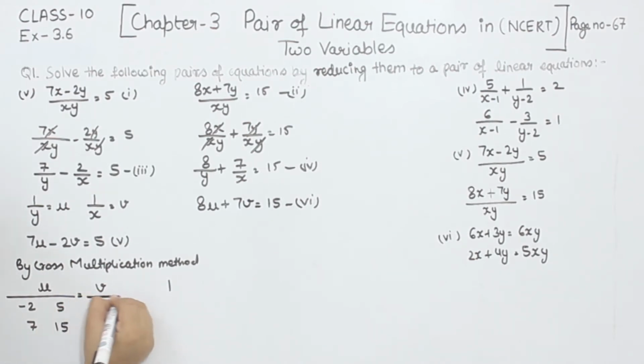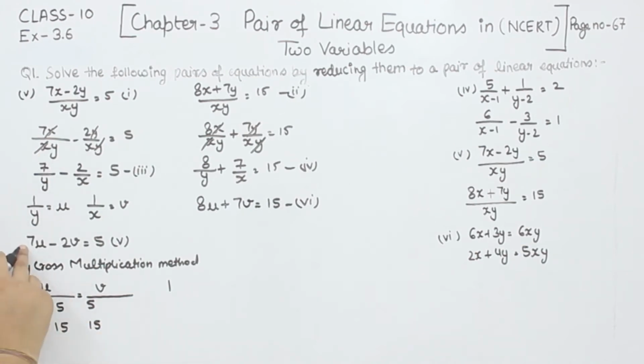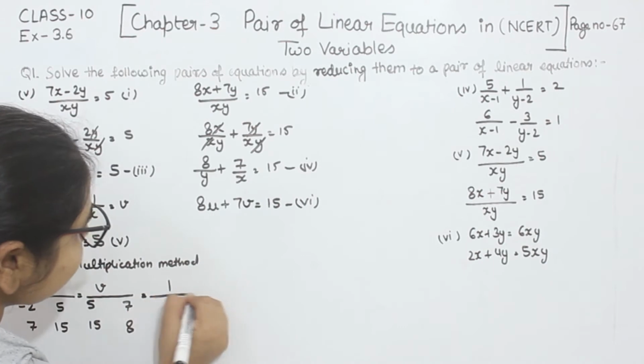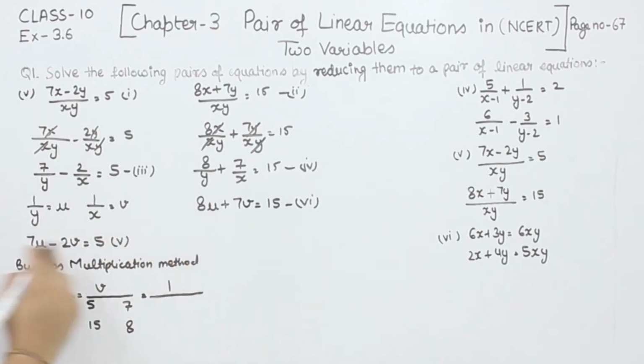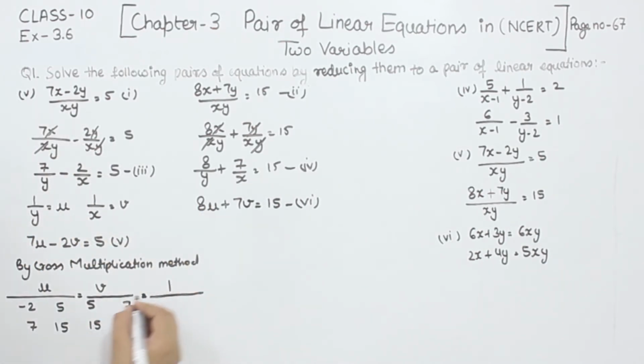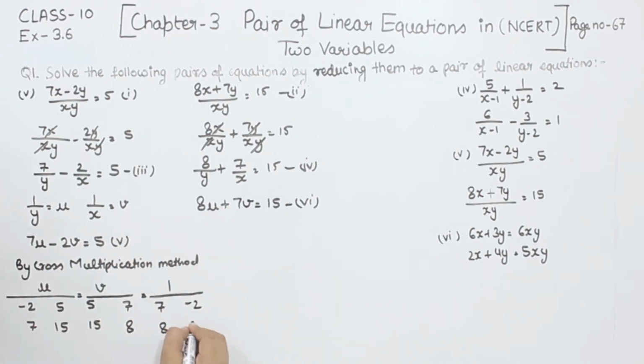Now comes to the v, we are taking the v as the variable, so we are not going to consider the coefficients of v. We are going to take first of all the constant, then the coefficients of u, that is the 7 and 8. Now comes to the constant term, so we are not going to consider the constant term, we are going to take the coefficients of u and v. So for v we are having 7 and 8, and for u, sorry, this is the u I am having. Now I am going to write the v. This one we are having is minus 2 and 7.